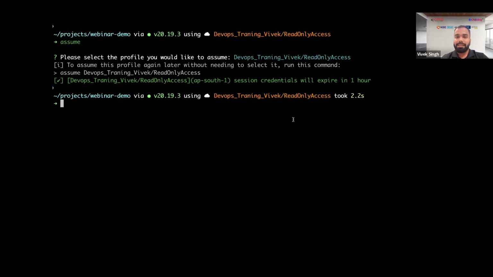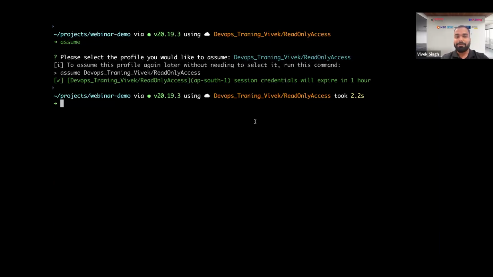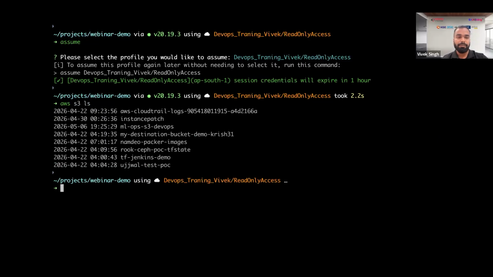One of the best practices that you can adopt while you're working with AI tools is to give them only read-only access, right? You don't want an AI agent to hallucinate on your production cluster and you end up in the news the next day, right? That is something that we would want to avoid. So yeah, I have linked into my AWS account. I'll just quickly verify whether that access is working or not. That access is working. I can list all the S3 buckets,